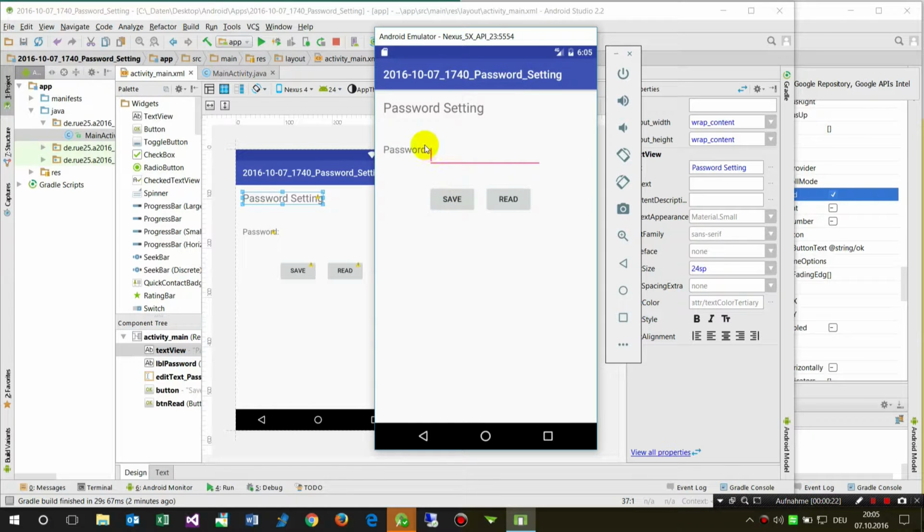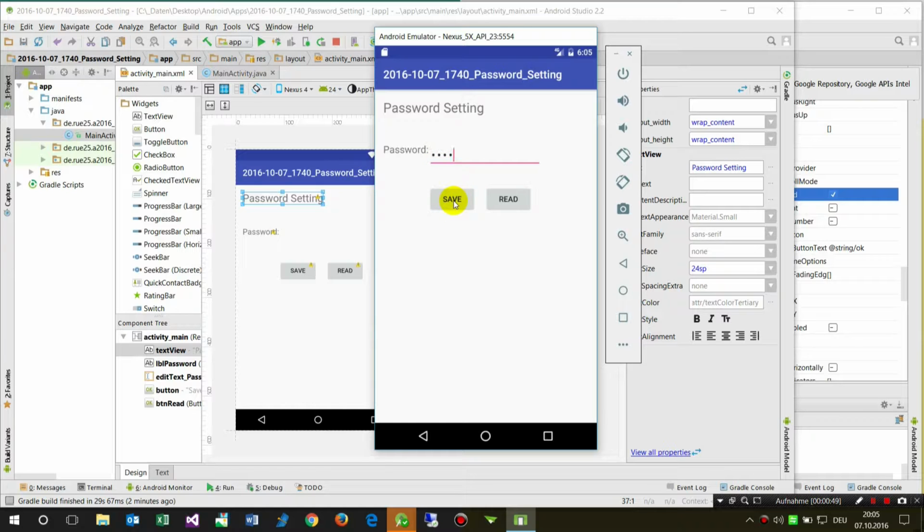I only use the preferences as a data container. So first I show the handling of this variable. When we use this password, I give a variable, let's say test, and